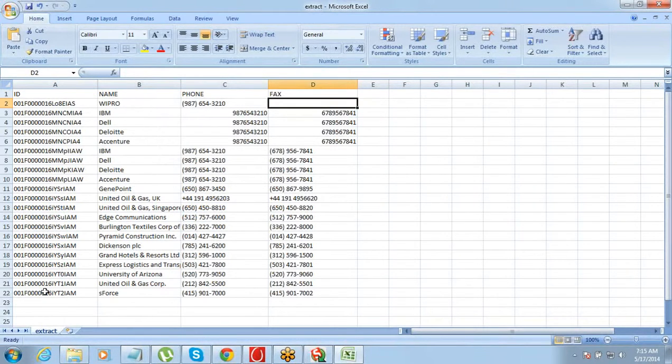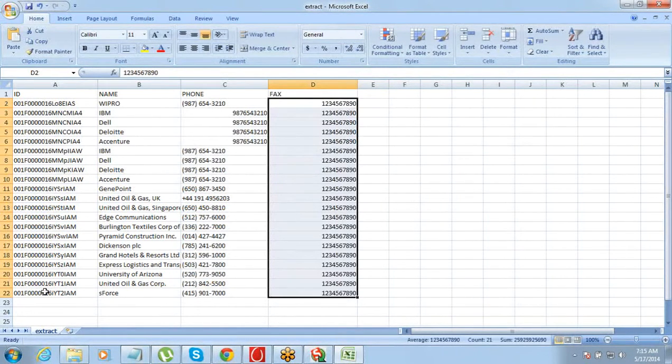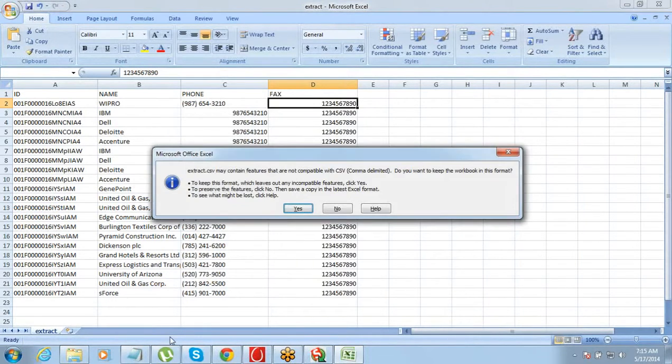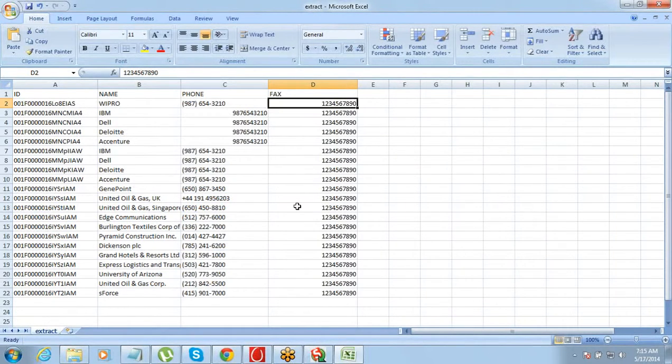Now let me update all the fax numbers to this. Save it. Most of the times what we do, in case I want to update some data, the best way of doing that is take an export from the data loader.